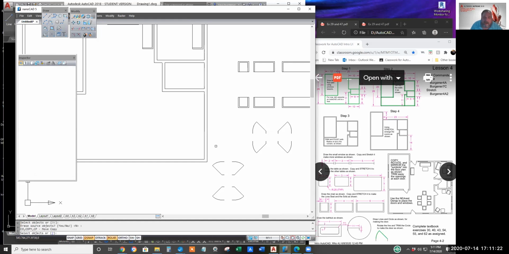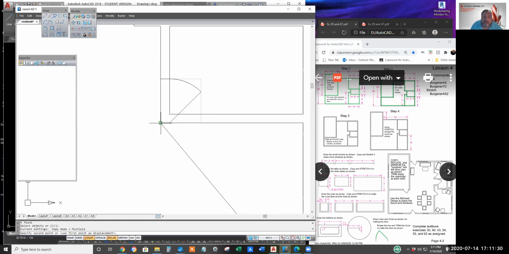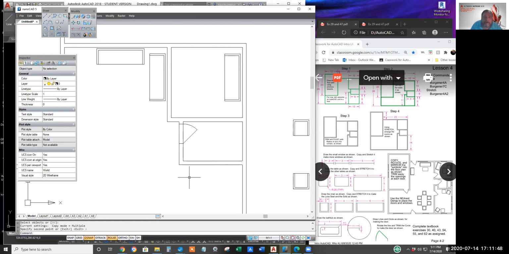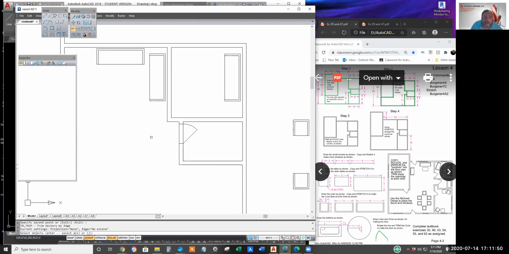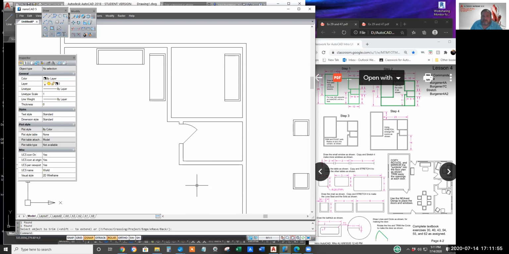So I'll launch copy, select that one of the 8 doors, snap at one of the endpoints. You can O-snap it at the corner and then move it all again. Or it'd be easier to hold the shift button, right click, and snap it to a near point. All that's left is to trim away the walls, enter so everything's a cutting edge. And there's our door to the bathroom.